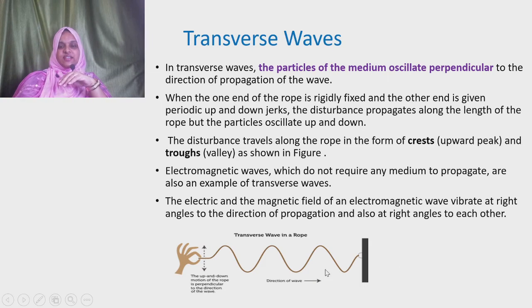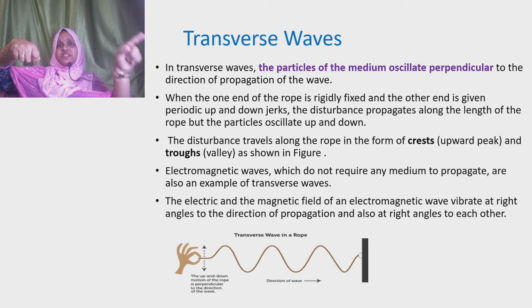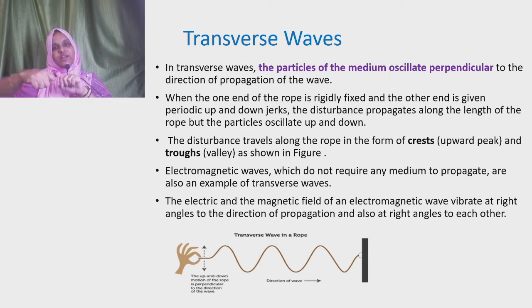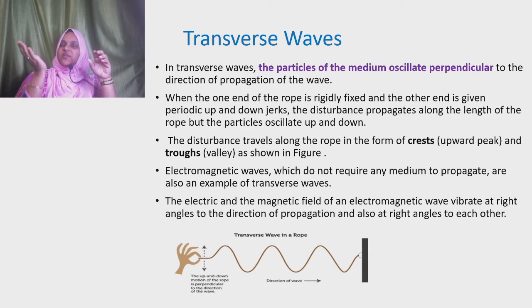An example is transverse waves in a rope or in a string. If the rope is fixed at one end, then the other end is stretched with our hand, and if we move the rope up and down, we can observe that a wave will be transmitting along a perpendicular direction. Rope will be moving in the up and down direction, and the wave will be propagating in a perpendicular direction. Such waves are known as transverse waves. Such waves travel in the form of crest and trough. The upward peak is known as crest, and the downward peaks are known as troughs or valleys.